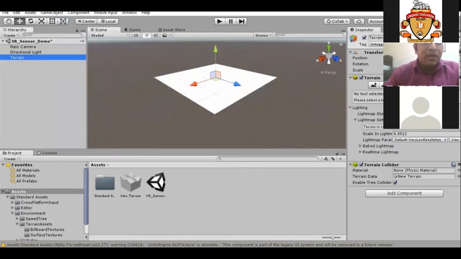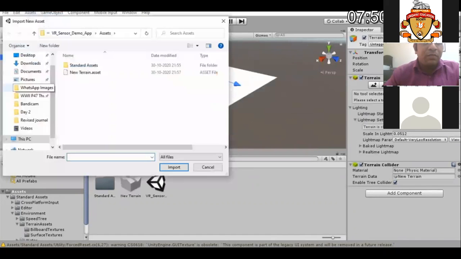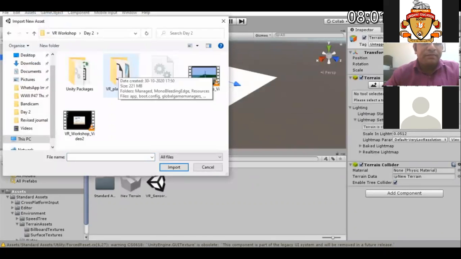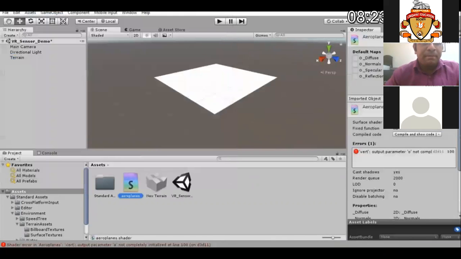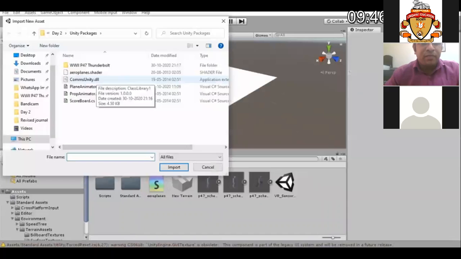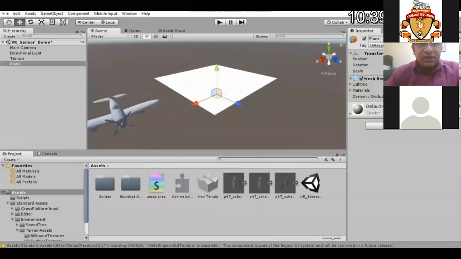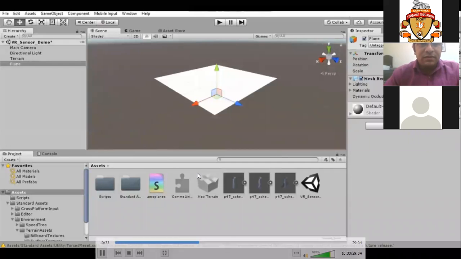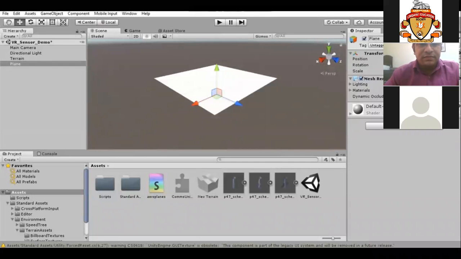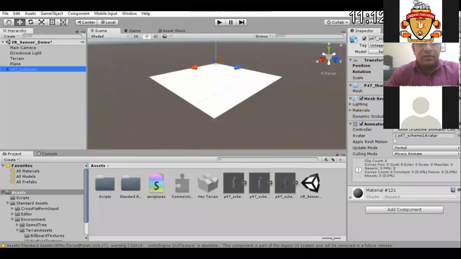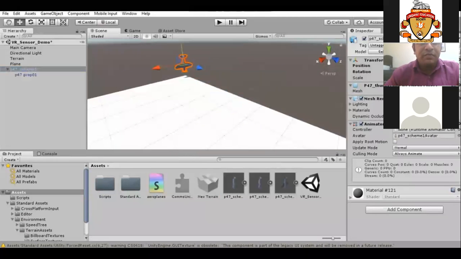So I am importing the aeroplane over here. The aeroplane has been imported. So this is the plane model that particularly we want to use.